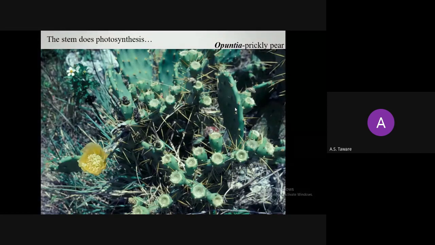Same is doing photosynthesis. Again, later on we will come to know what these modifications are called. And this plant is Opuntia, the common cacti present nearby. Along with photosynthesis, they are fleshy and contain a jelly-like substance. That jelly-like substance means the presence of water, so they are modified to store water.